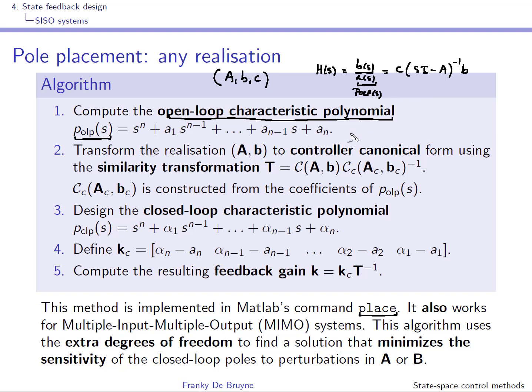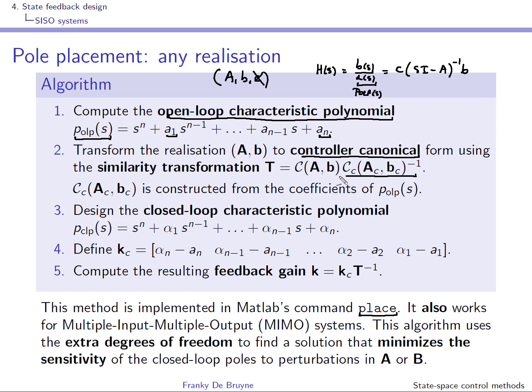So you can obtain the open loop characteristic polynomial, and you have access to all the coefficients A1 to AN. So it's now time to bring this realization ABC to the controller canonical form. Here it says only AB because for the pole placement you don't really need the C over here. And we have seen that you can bring the system to the controller canonical form using a similarity transformation that